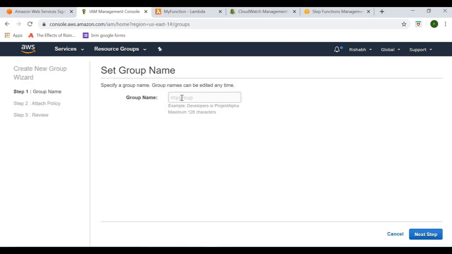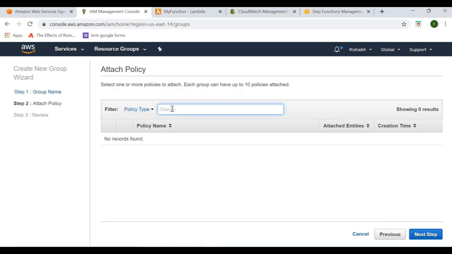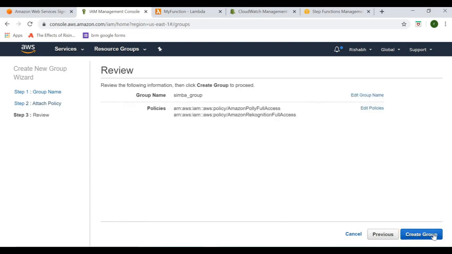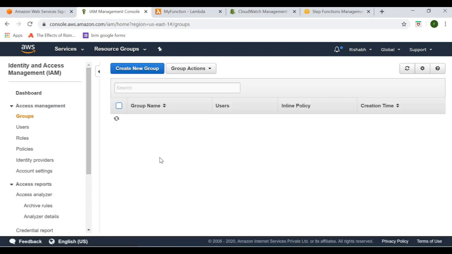So if I click create new group, I provide, for example, my team name is Simba team. So I'm just going to say Simba group, and I'm going to say next step. Now I want to attach a policy. So I want all the users for this group to have access to Polly, to have access to Rekognition. And I click next, and I click create group.